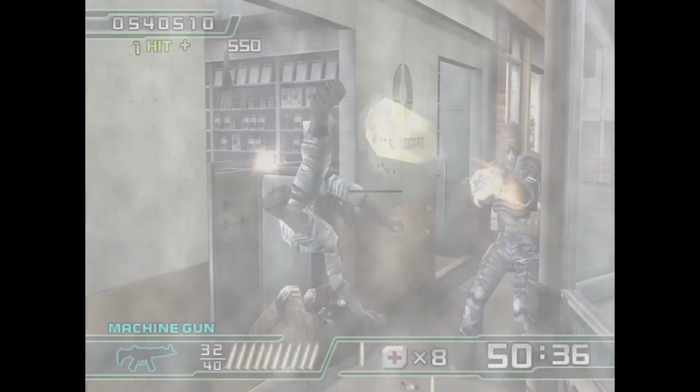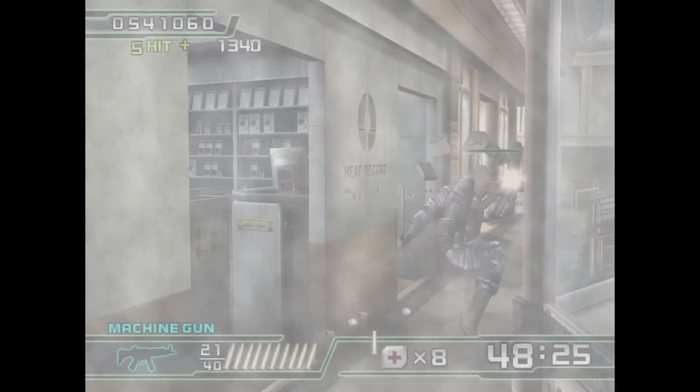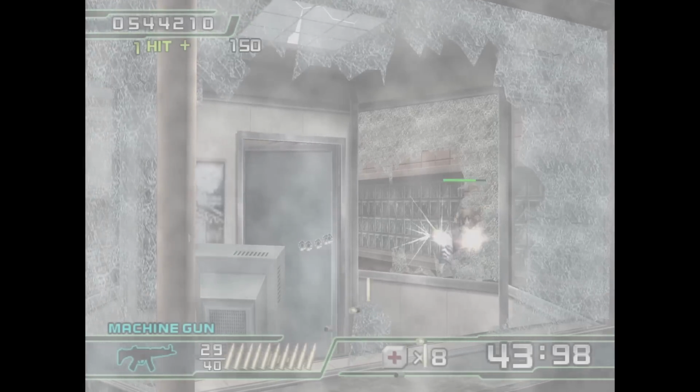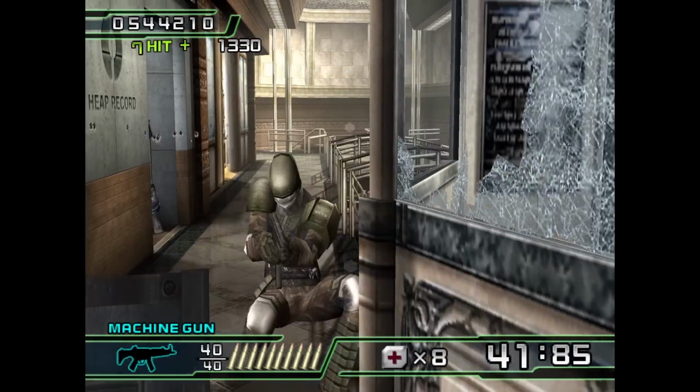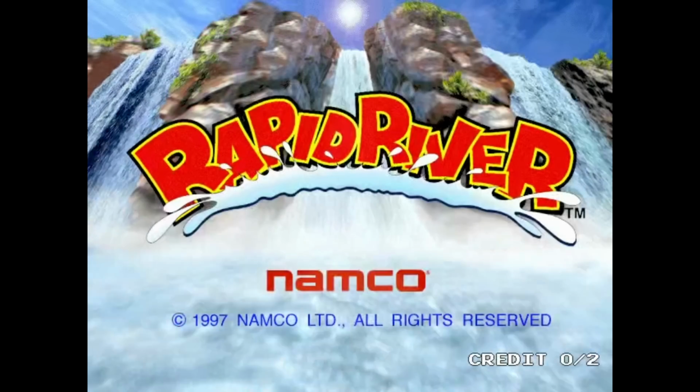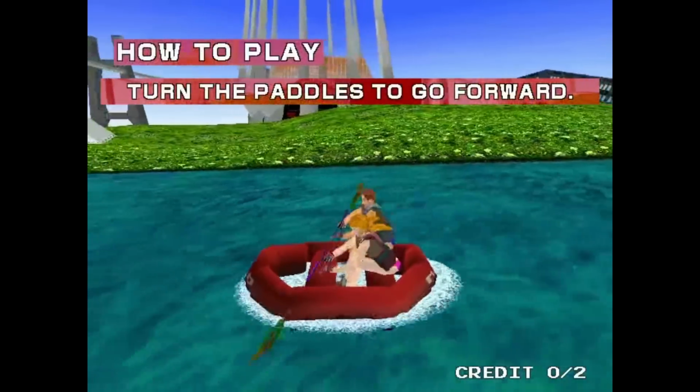And honestly, the graphics compared to the PlayStation 2 version, I much prefer the arcade original, because the PlayStation 2 version has this annoying fog effect over the top to basically cover up all the flashes on screen if you're using a light gun. So the arcade original is the way to play, and hopefully soon it'll be 100% playable in MAME. Let's move over to Rapid River here,